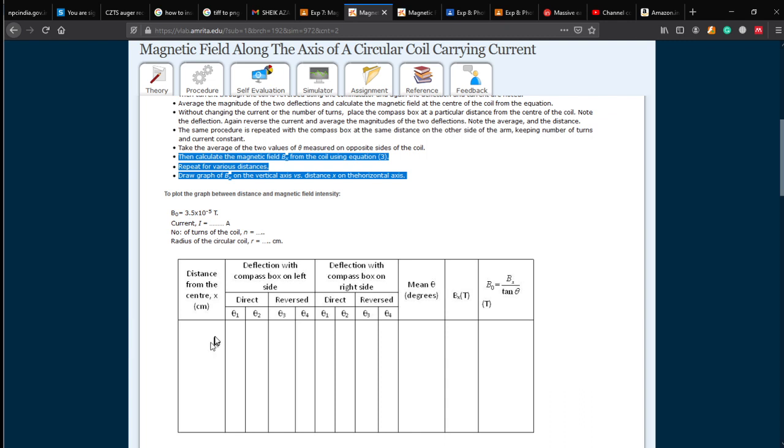If you are taking it as plus x, you have to take the other as minus x. So if 5 is here, this is actually for plus 5 and this is for minus 5, and correspondingly you will get 2 Bx's. One is for the positive x and that is for the negative x, or if you say this is the negative or this is the positive, it depends on you, but don't shuffle. If you are taking this as positive, take it positive throughout the experiment. If you are taking this as negative, take negative throughout the experiment.